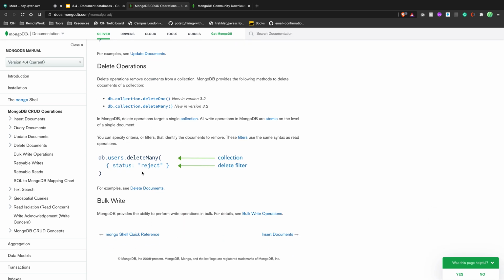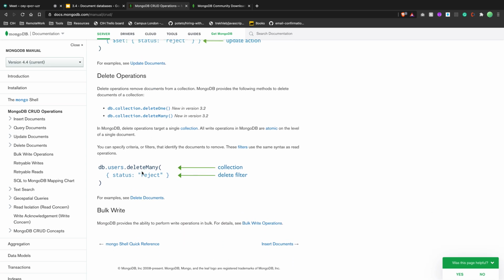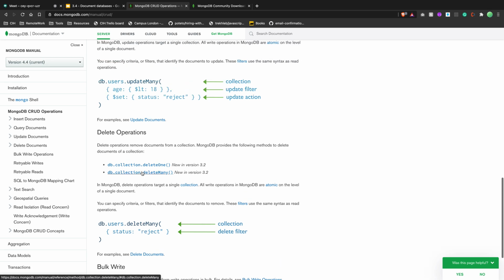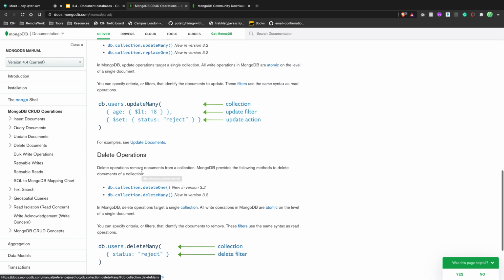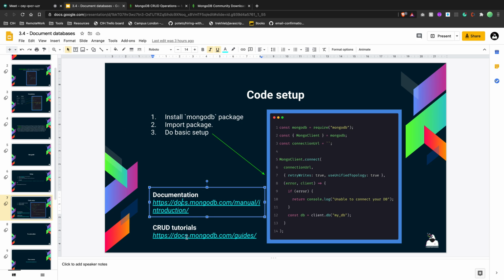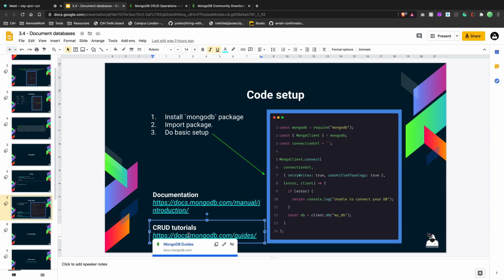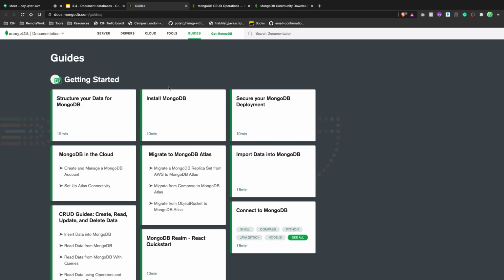So this is CRUD, very simple, and you'll see that it sounds scary to learn how to work with Mongo or how to work with MySQL, but eventually it's just a few methods that you need to use to get your data, store your data, update or delete. It's very simple. And the other one, Mongo provides you CRUD tutorials. So they actually